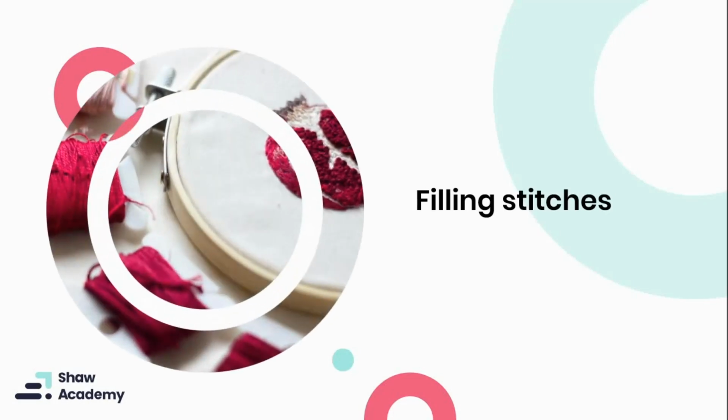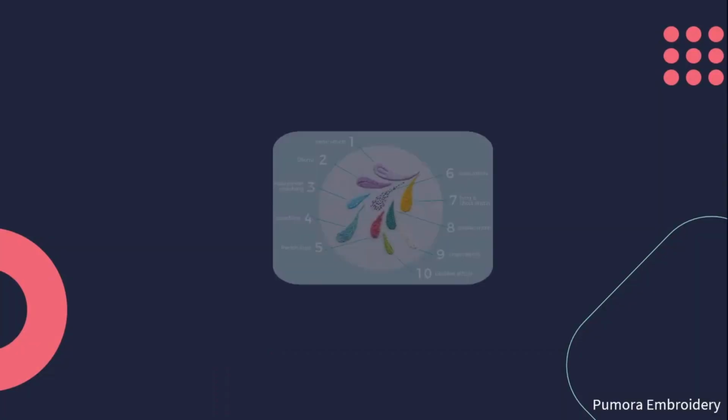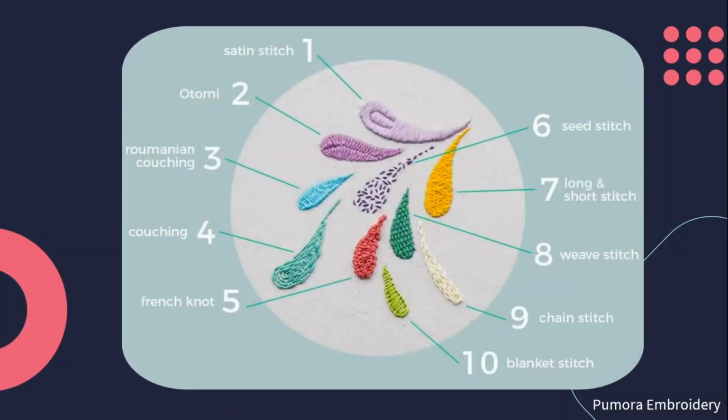Now, the basic stitches are great to create outlines, but sometimes you want to fill in an area, and to do so you need more stitches. So let's quickly look at some filling stitches. This is a great image showing you what the different stitches will look like. As you can see, there are quite a few, but I'm just going to highlight the most popular filling stitches,